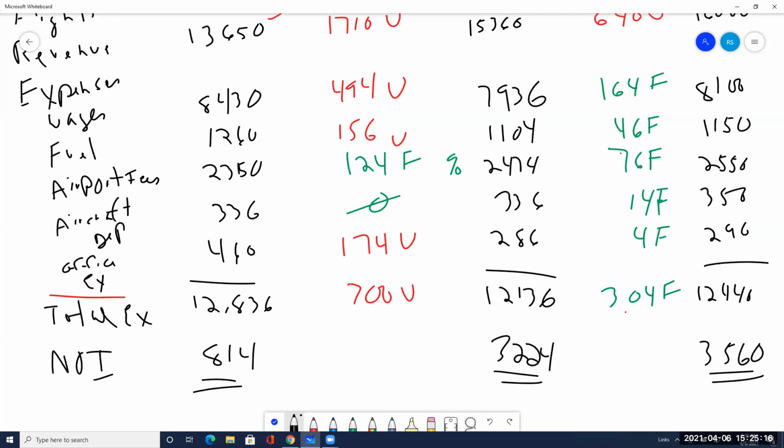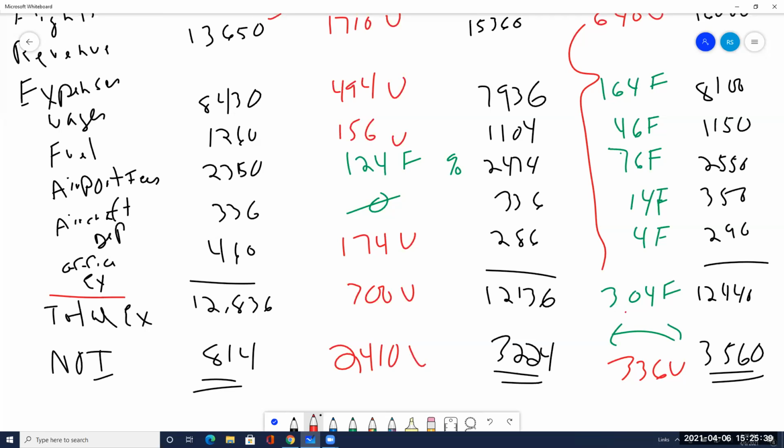And this one here is not very big. It is unfavorable, but that's 336 unfavorable. It includes that 640 plus all of those. But the one over here, 2,410 unfavorable, is